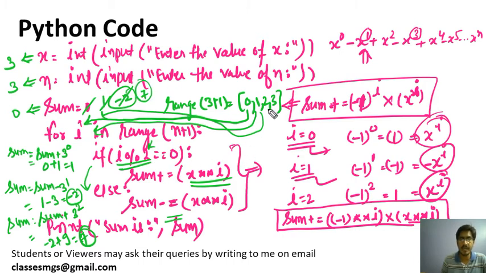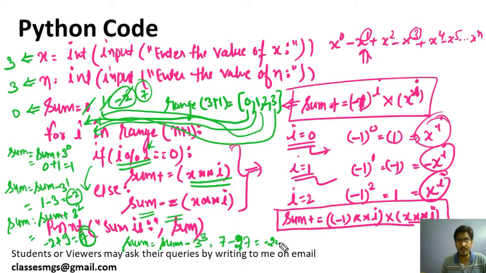Now next time I will become 3, and in that case it is not divisible by 2. Come to else. So sum equals to sum minus x raised to power I, means 3 raised to power 3. Sum value is already 7. 7 minus 3 raised to power 3 is 9. Oh sorry, 27. So it will become minus 20. So minus 20 will be output. You may use this logic also. Let me try to explain it with this logic so that you can get it.